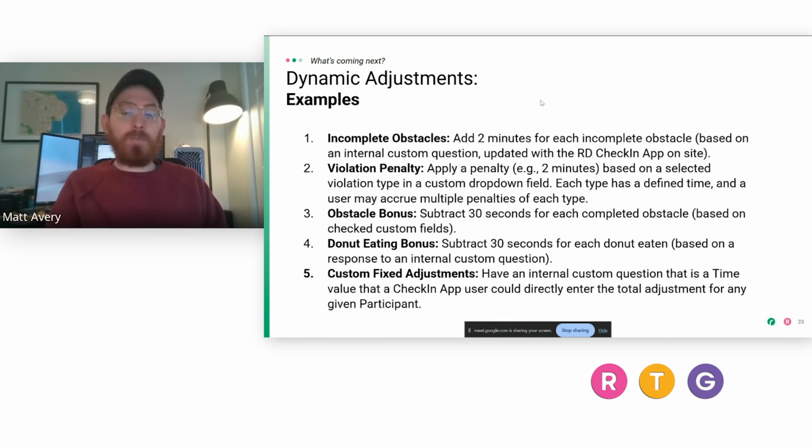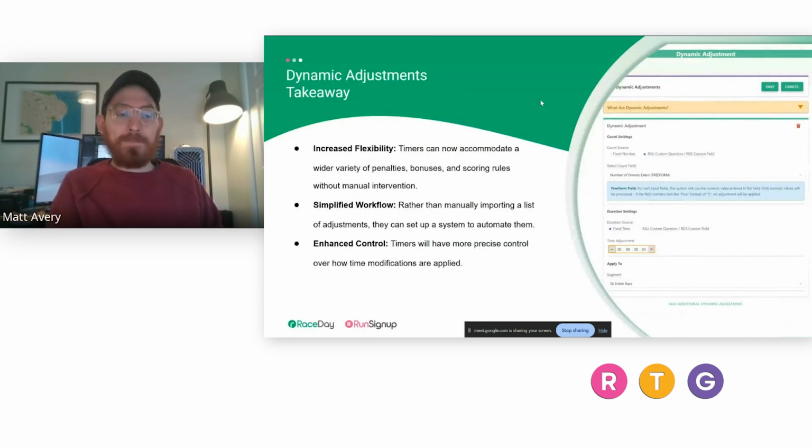So it's like 1,000 ways you could use this, and it's really neat. Just going to give us more flexibility. It's going to be more simple. They used to have to actually import a spreadsheet of all the adjustments, and some timers did some pretty creative things with like updating Google Sheets and trying to automate the import of it. But this is just going to give them baked-in functionality to be able to do this dynamic adjustment on the fly. So I just have a quick preview of this. This is not out yet, but